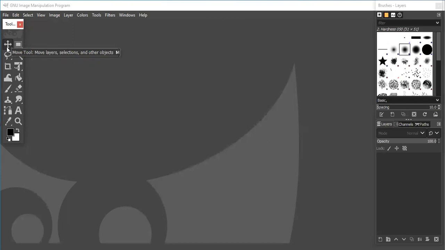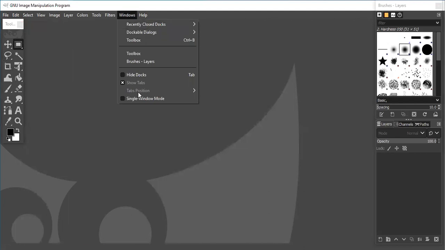Now let us see what are the different tools that are present in this particular toolbox. Next one is the rectangle select tool. Okay, this one is move tool, this one is rectangle select tool. Next, free select tool. In today's class I am going to show you the tools that are present, and I also showed you how to go to the single window mode. Whenever you open the window, you will be getting three panels: left panel, right panel and the image window. In order to close those, you select Windows and then select Single Window Mode. Then you will be getting only the image window.